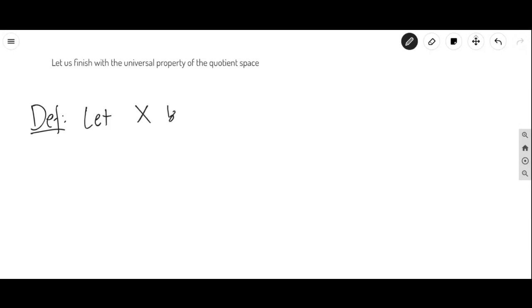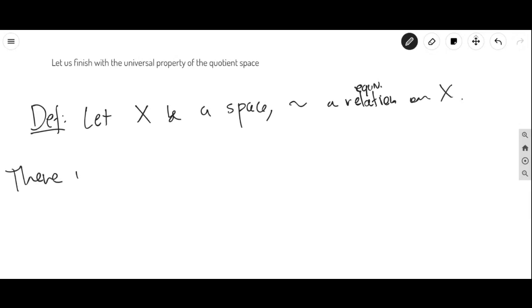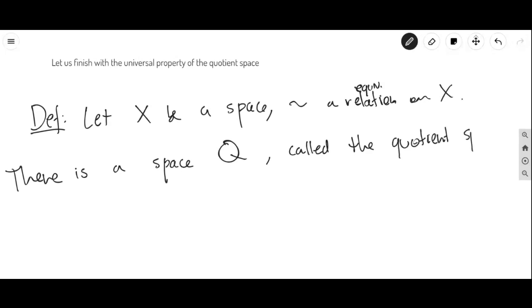Let X be a space and tilde an equivalence relation on X. There is a space, call it Q, called the quotient space. So you see, previously we described the quotient space as a collection of classes with a certain topology. Now we're going to describe it in a more abstract way, not as a set, but as a topological space with some mapping property. So there's a space Q called the quotient space,